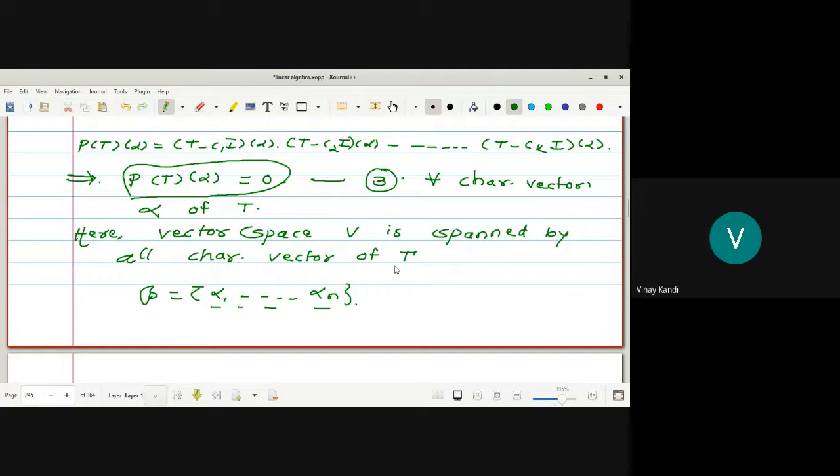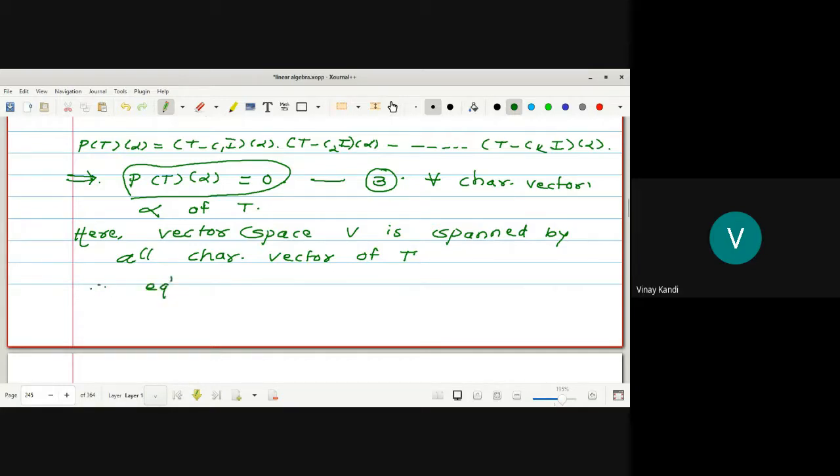That is, T of alpha 1 is the characteristic vector corresponding to C1. Why? Because T is diagonalizable. Any doubt up to here? So here the vector space V is spanned by all the characteristic vectors of T. So therefore